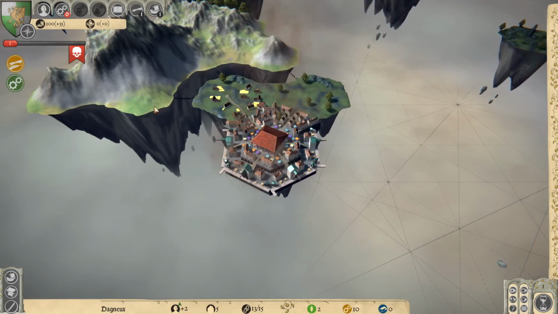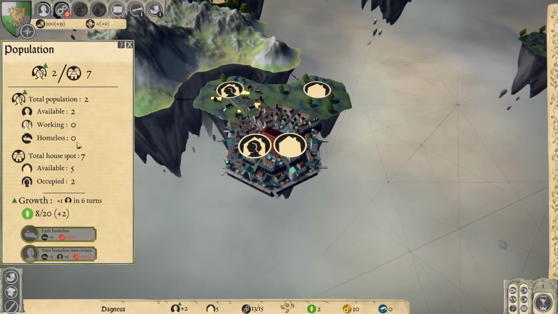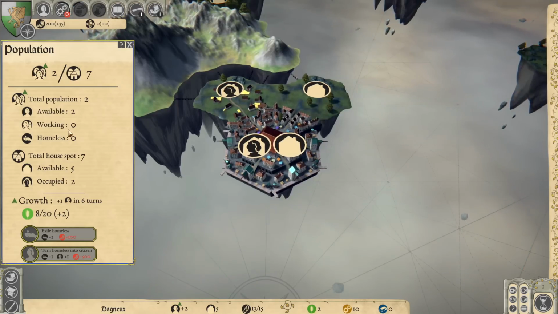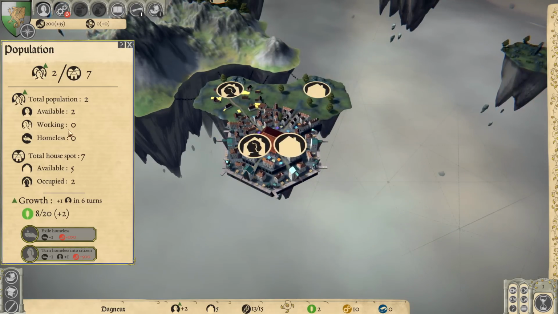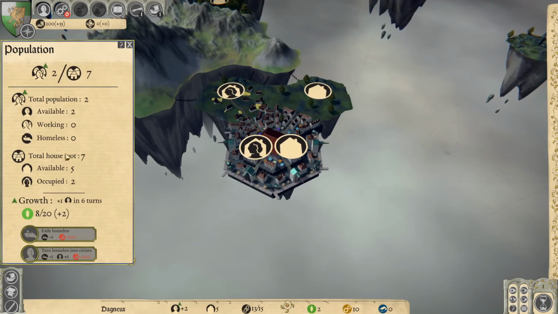Now that my town center is down, we're going to want to take a look at a couple menus. Over here, we've got our population menu. This game has the exact same population system as Civilization. You have various buildings. They will produce food. You need a requisite number of foods in order to maintain your population. All foods over the top of that number will then be converted into growth, where you get your next citizen